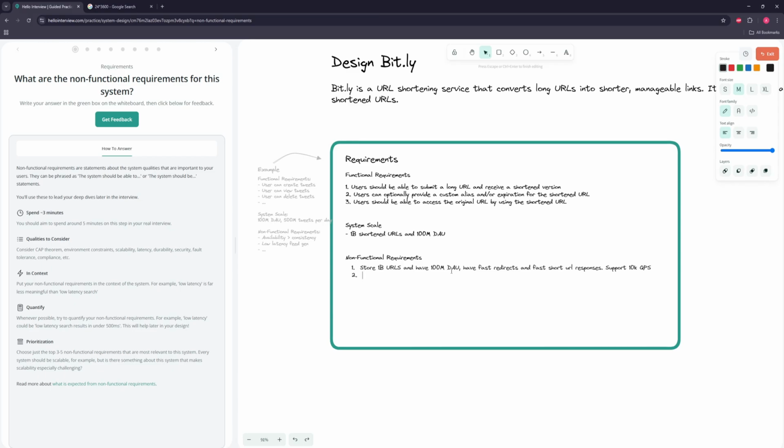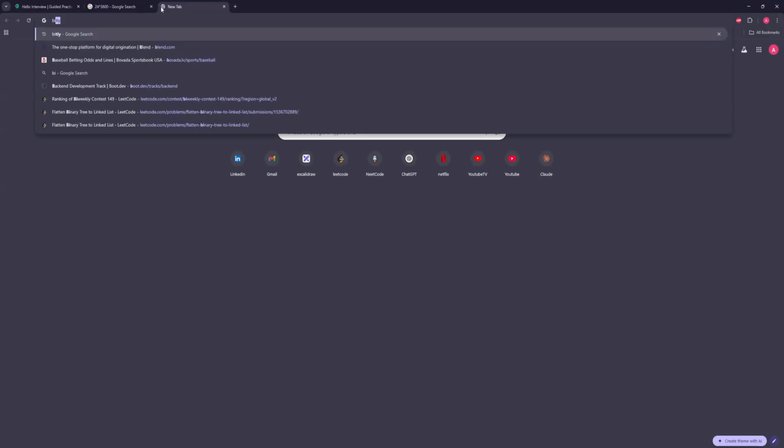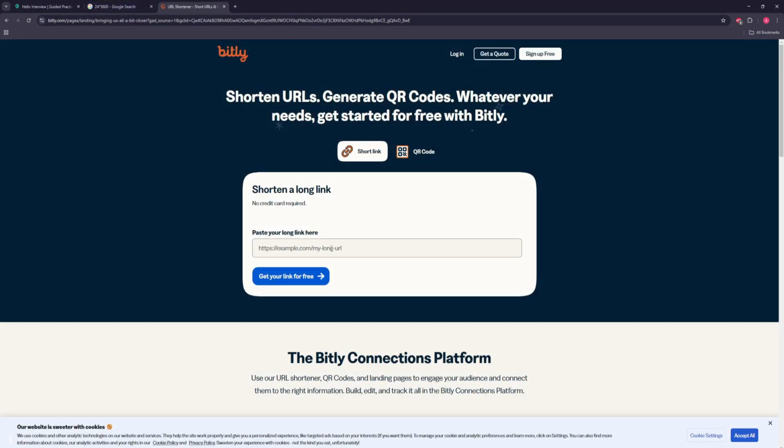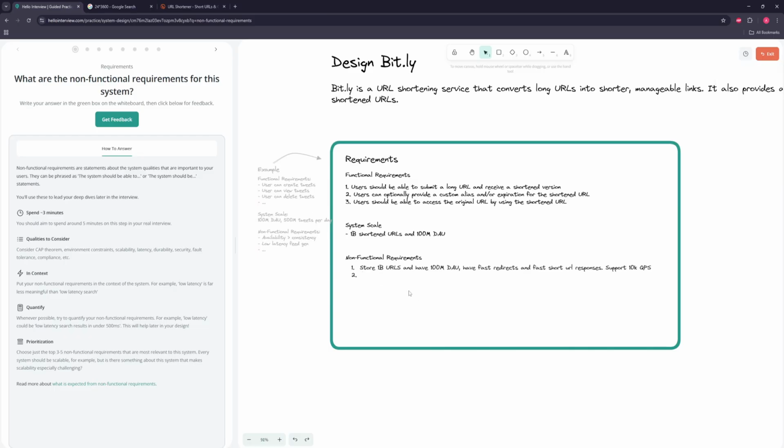So in this case, if you think about the user experience here, they go on Bitly. I guess we can even show this. If you go on Bitly and you put in a URL, think about what that's going to look like. You're going to put in a URL, you're going to get a new URL, and then you're going to share it with someone, and that's going to take a while. So it's fine if, when you give them a URL, someone else tries to put in that URL and it doesn't work right away, or it's not there or whatever. So here we don't really need to prioritize